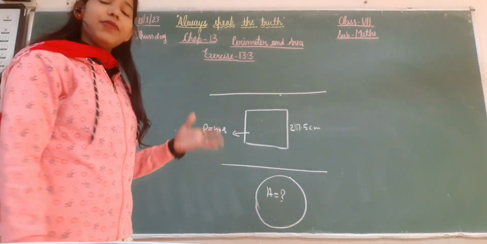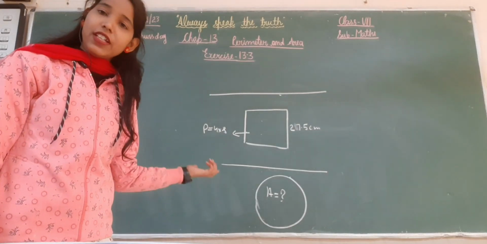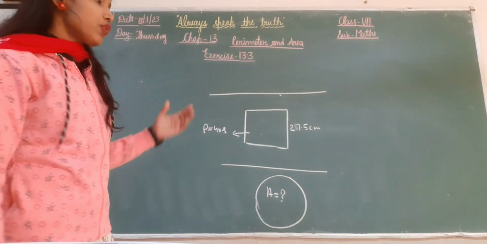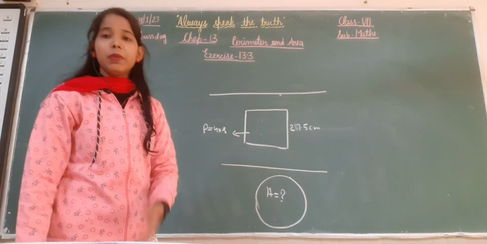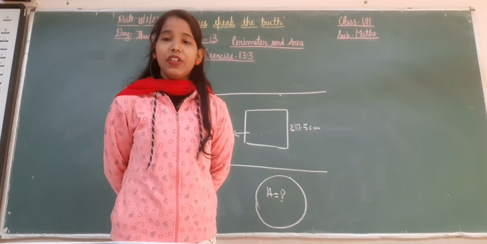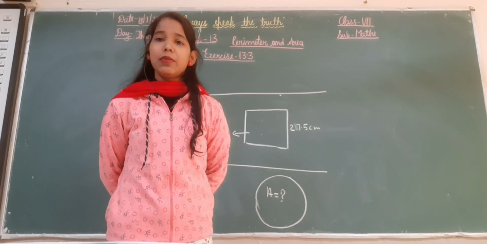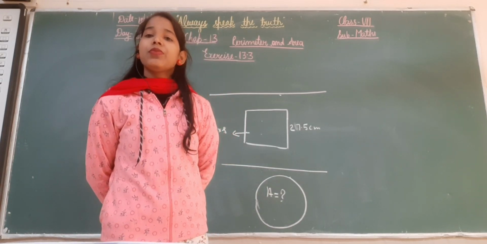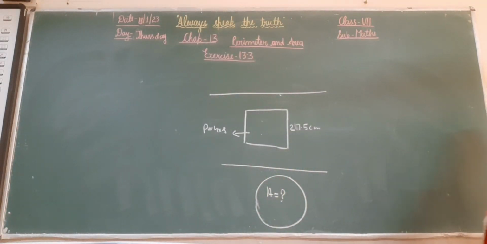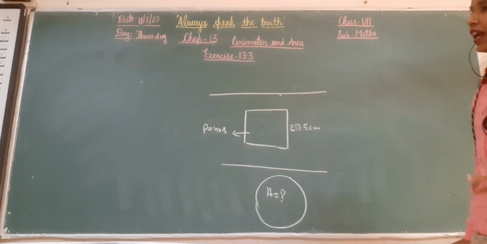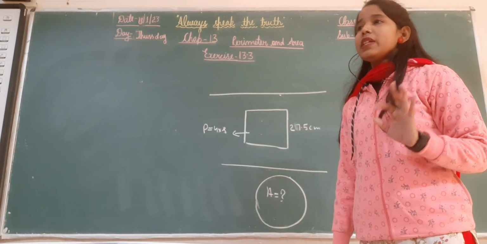Okay. Circumference, that means perimeter, we have. So we have to just find out the radius. And जैसे ही हमें radius मिलेगा, we can find out the area of the circle, because area of the circle is pi r square. Okay. Means here you need to understand that the perimeter should be same.